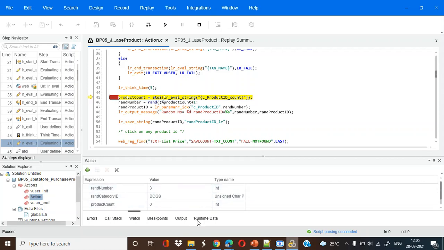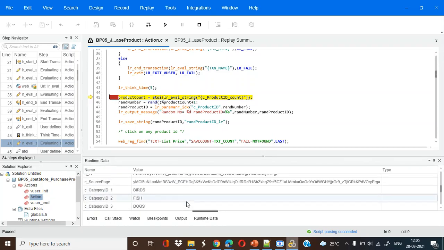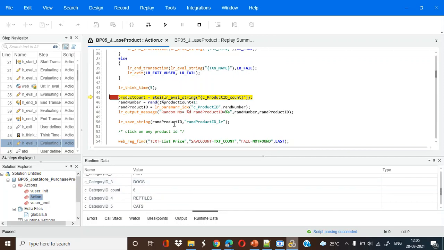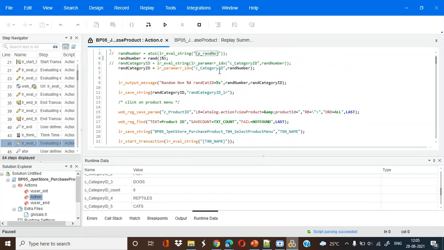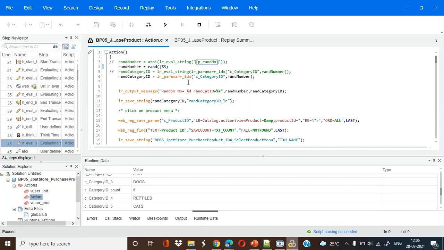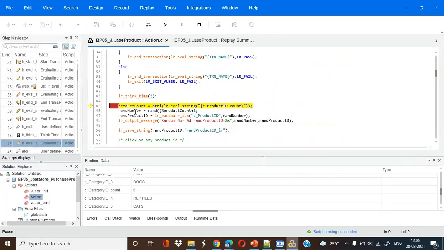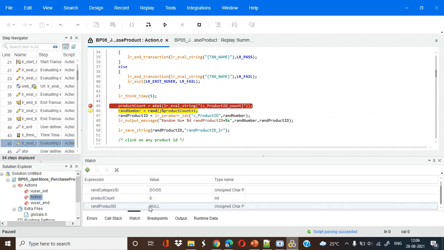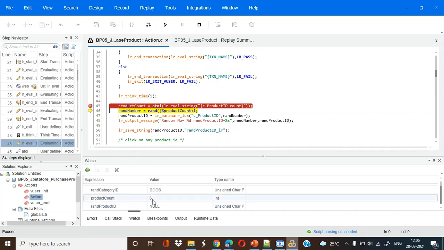Okay, 3 and dogs. So category ID is 3 and dogs. So definitely what we'll do, we'll check this particular value, product count. So we were getting 6 product ID, running one by one. Let me go to the watch. We got the product count as 6 and